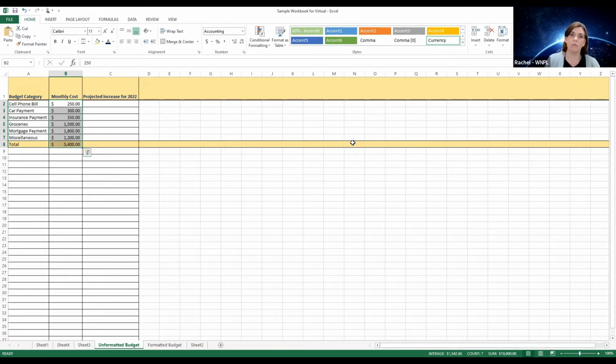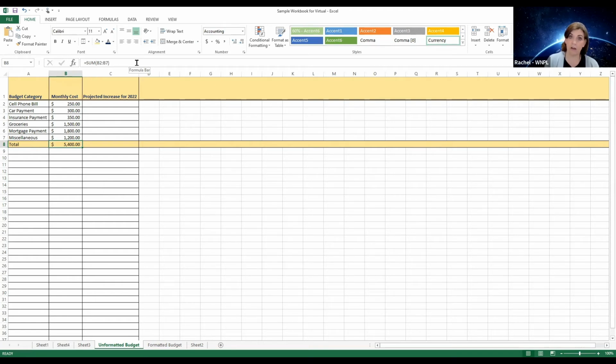So I click Autosum, and my total appears in the next available cell below the data that I selected. Right here, I can see that my total is $5,400. It added up all of that information. I've clicked on cell B8 because that's where my total is. What I want you to look at now, though, is what is up in the formula bar. This says 5,400, but our formula bar has an actual formula in it: